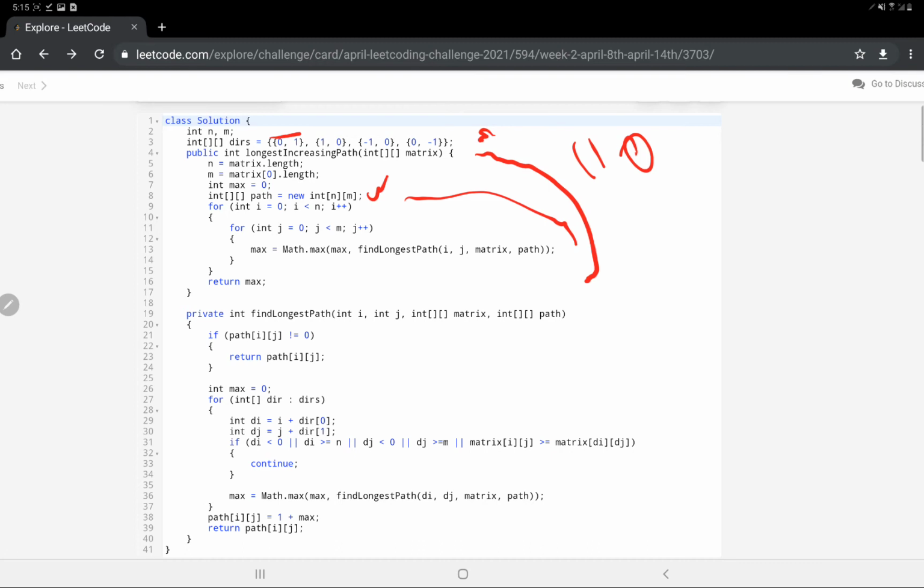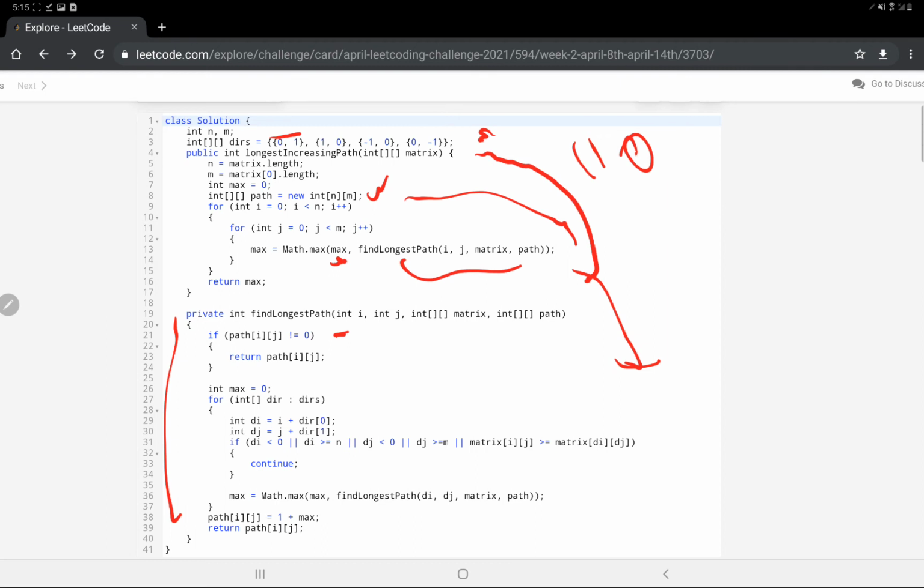Now let's see. We are going to traverse that array completely, and find the path, either the value that is present at that position, the maximum calculated so far, or the value that we are going to calculate. This calls my helper function. This is the main function over here. I already told you the array is initialized with 0, so if it's not 0, that means the path has been computed for that point. And if it's computed, then we simply return that path, without performing any computation.